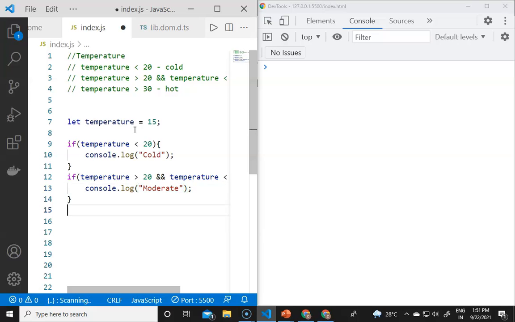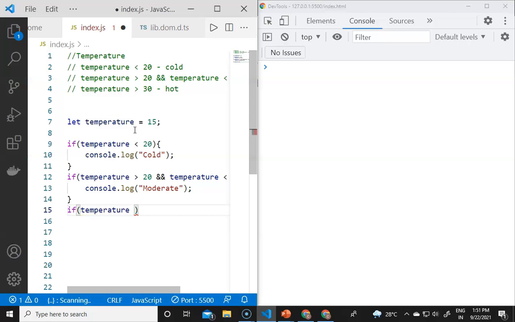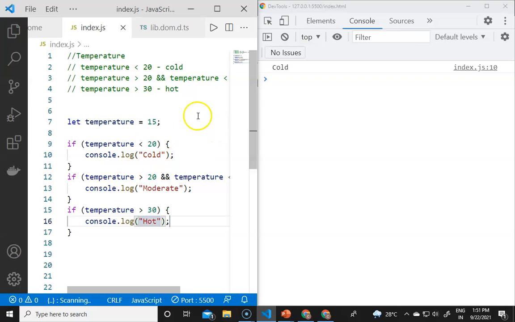But if we perform another if condition, like if the temperature is greater than 30, then we will console.log that it is hot.